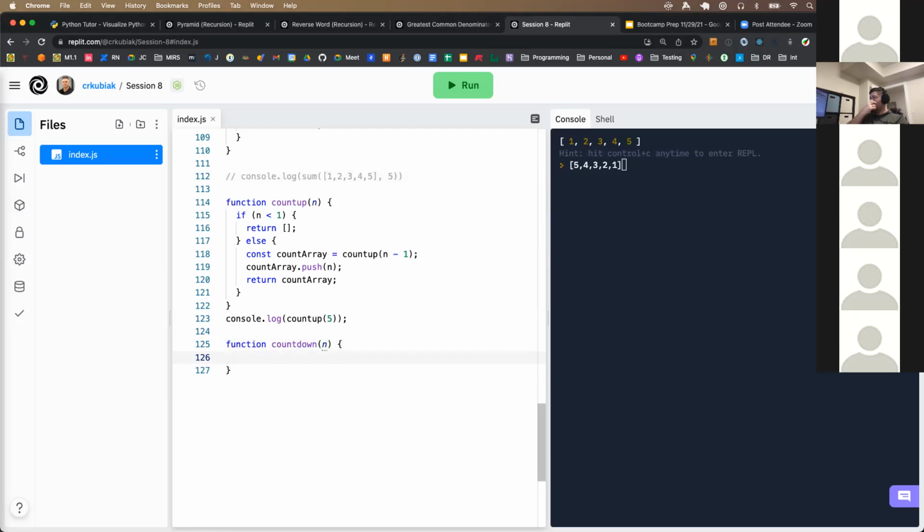and this again will look very, very similar to what we have here. So here is our base case. So if n is less than 1, right, and then we're going to just return an empty array. So we're not going to return anything. And so just pushing an empty array into an existing array, it basically doesn't do anything. It doesn't change it. So we can say we'll steal the count array here, and we'll say countdown